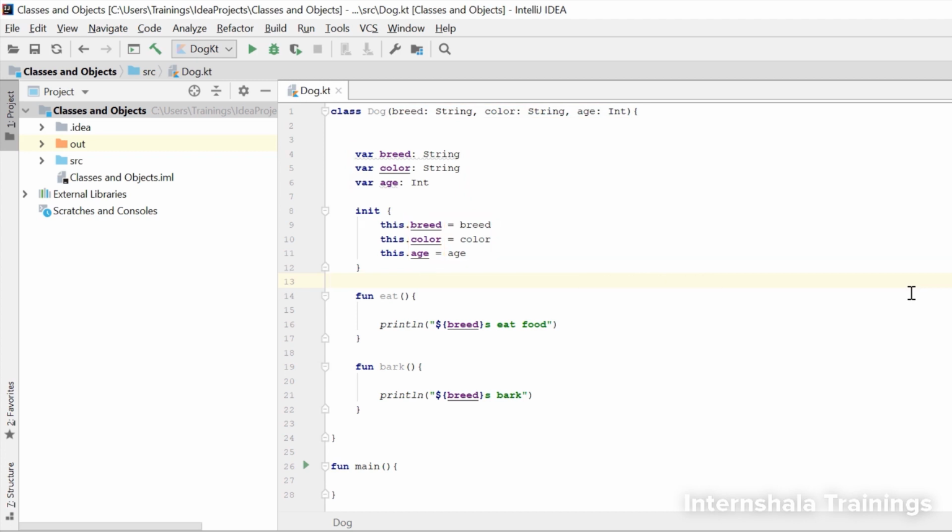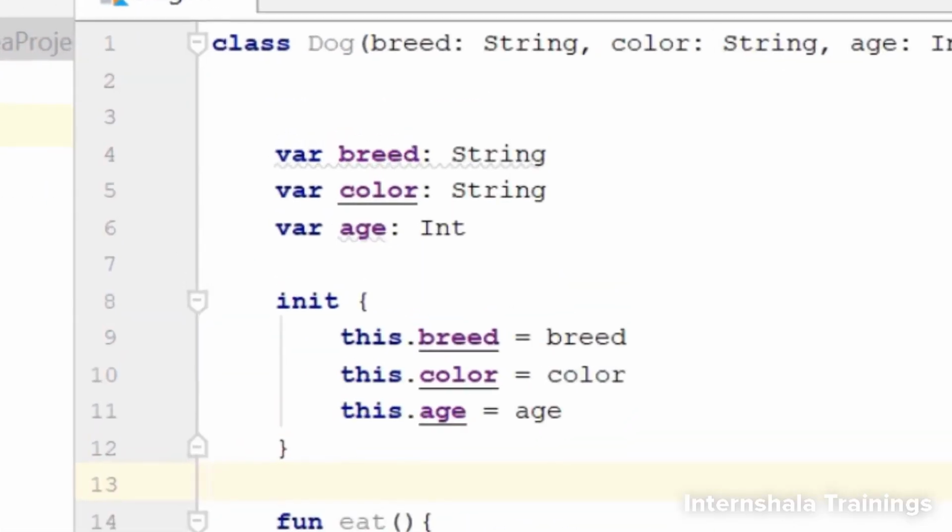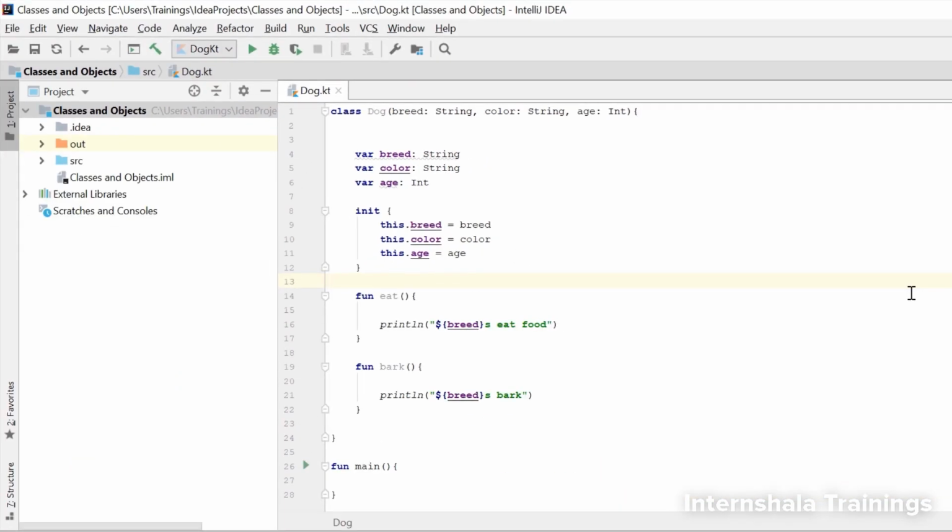Now, we see that these variable names are getting used 3 times. And knowing Kotlin, we know that there will be some method to reduce this code further to avoid redundancy. Let's see if the IDE suggests us something in this regard. So if you see here, a gray line appears below this variable name. Let's hover over it and see. So the IDE says that can be joined with assignment.